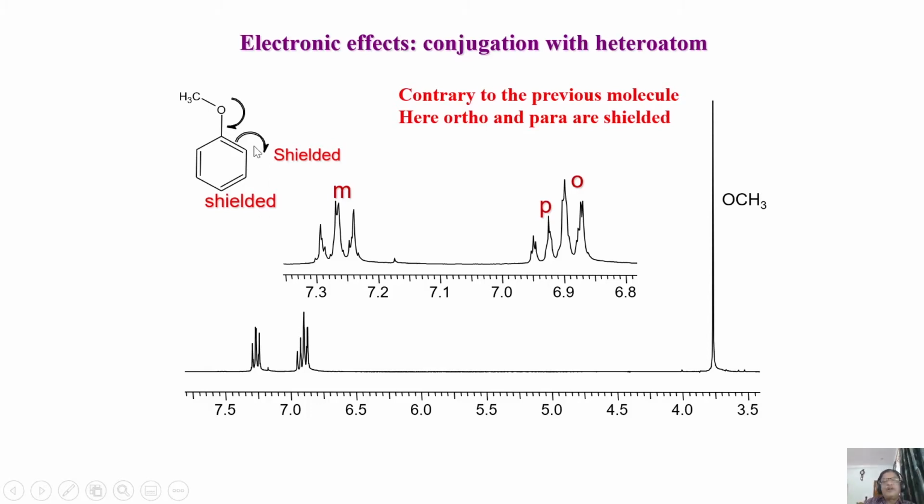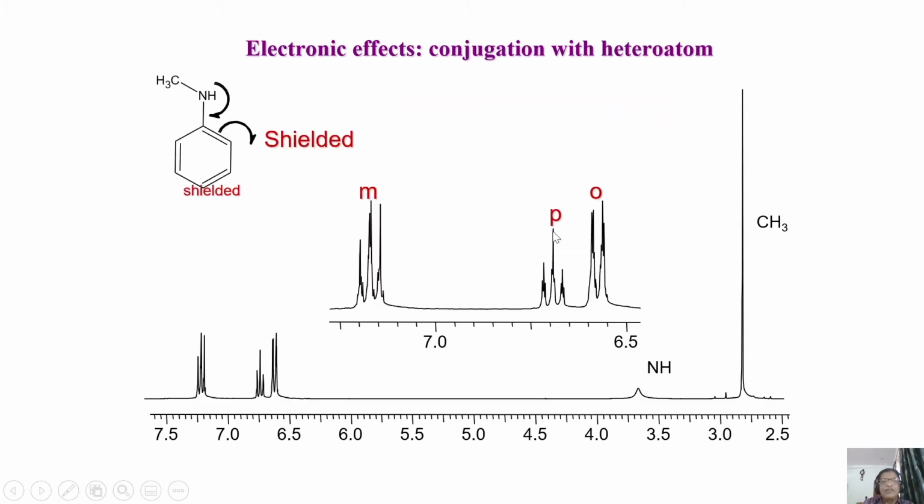We discussed the mesomeric effect with ethylene as an example. But in this case, take the aromatic protons here. The addition of an OCH3 group in this position makes the protons in the ortho and para positions shielded, whereas meta protons are de-shielded. Exactly what you see. Meta protons come downfield, whereas ortho and para protons come high field. So these are some of the examples we are giving.